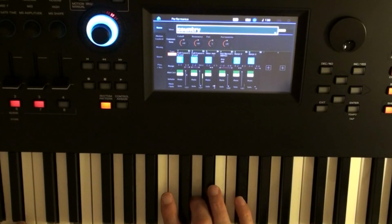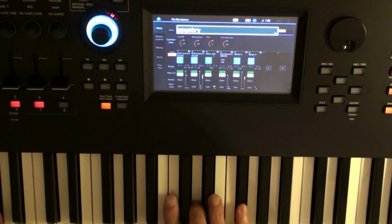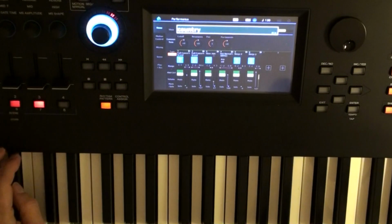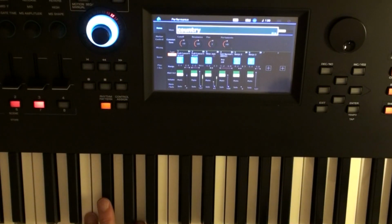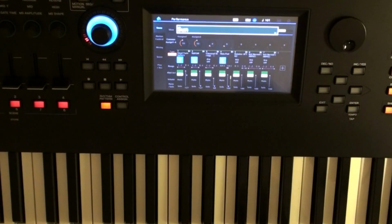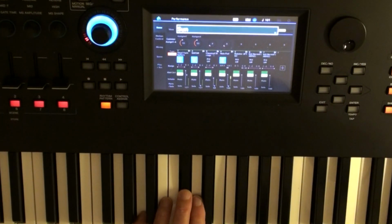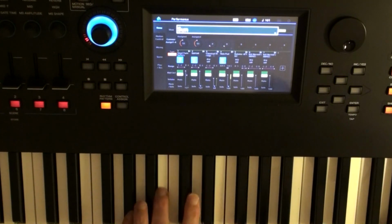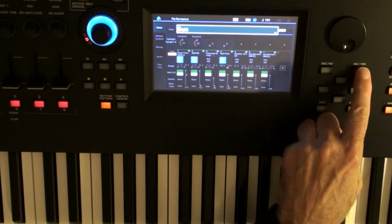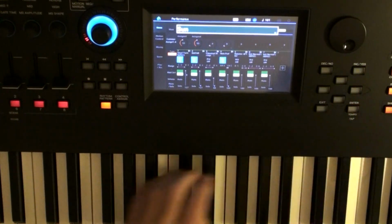Fade in some banjo. A couple different scenes. Play a little banjo with your right hand too. Okay. All right, you know, it's not the greatest patch for this song, but